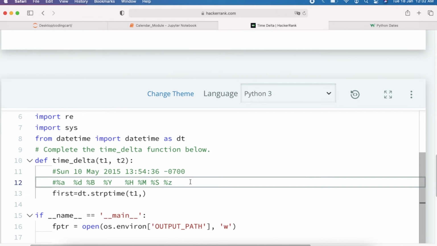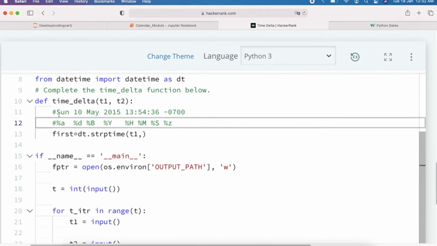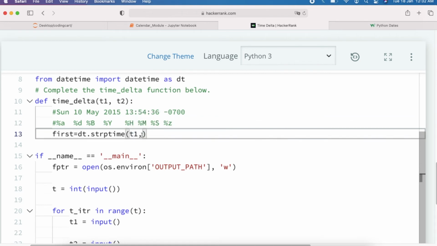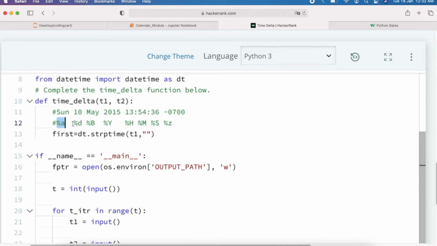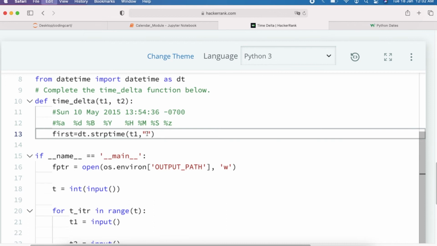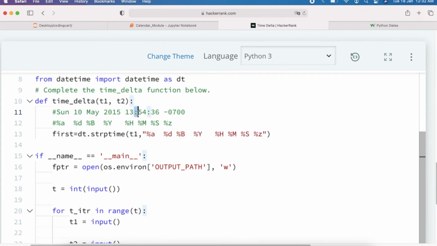So now we are done. We will be using this format for this t1, and similarly for t2 also this format. So let us write this in string type. Let us copy this one and paste it here. Okay, now if you see here, they have used the colon also.